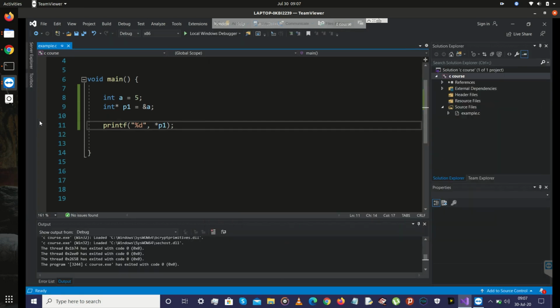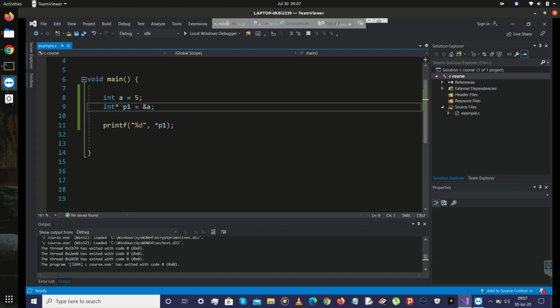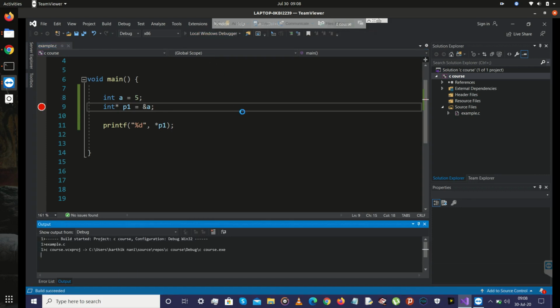Now let's examine what exactly has happened. Let me put a breakpoint here and run the program.